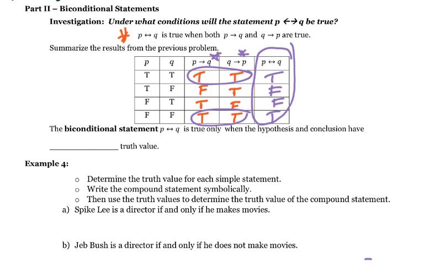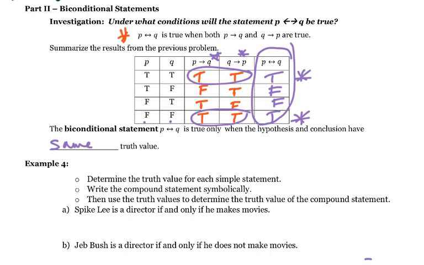So we can state that the biconditional statement P if and only if Q is true only when the hypothesis and the conclusion have the same truth value. Because look here, if P is true and Q is true, then the biconditional is true. If P is false and Q is false, then the biconditional statement is true. It's only when they have different truth values that we get